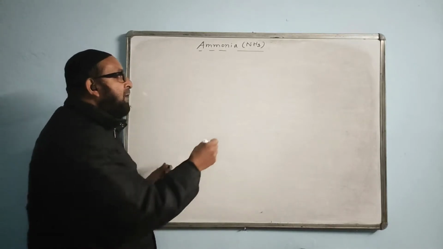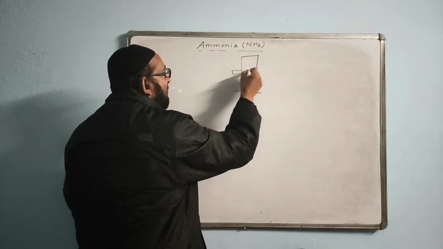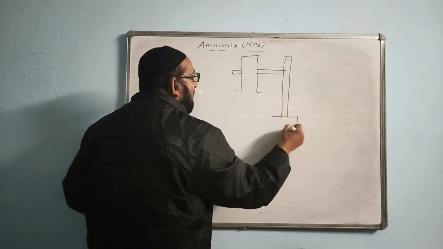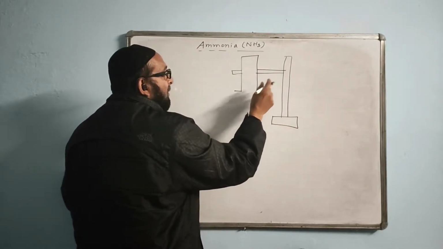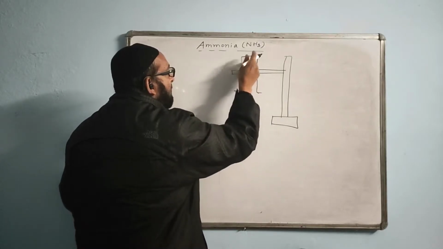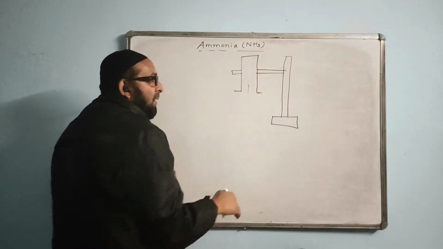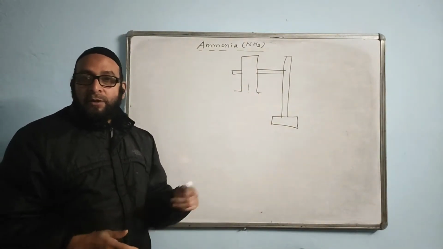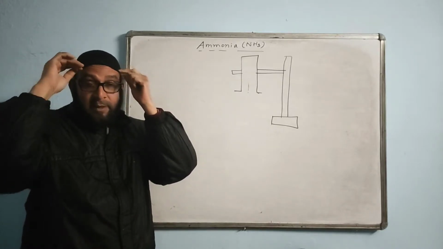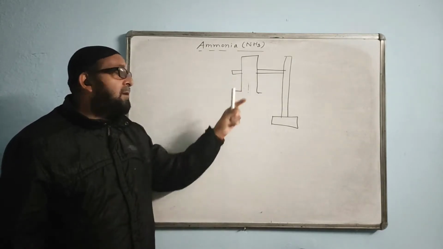That means for the preparation of ammonia, you will see the gas jar position will always be shown like this. The gas jar will be inverted with a stand. I will not draw the exact diagram right now, but just have a look at it. This is the stand supporting the jar, and the ammonia will be climbing up like this, whereas the air will be going down, downward displacement of air. Whenever you see the position of the gas jar like this, the gas is surely ammonia, and there is no other gas in the syllabus that is prepared by this method.